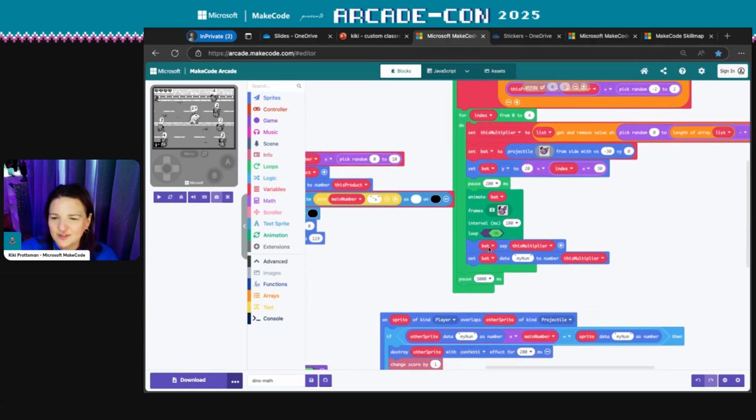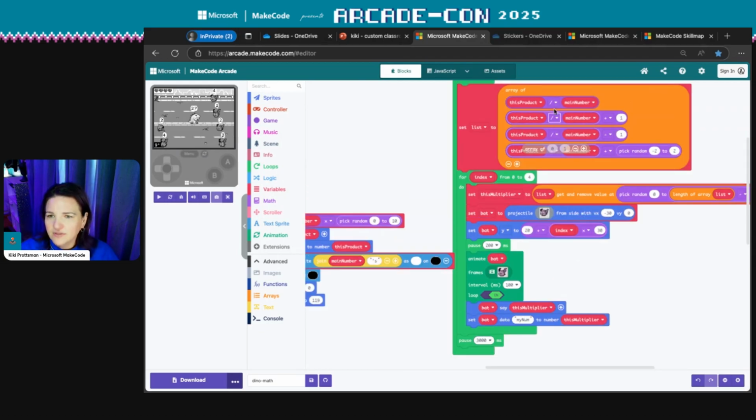And then I needed to be able to choose a multiplier, but not just any multiplier, right? I needed to make sure that the correct option was in there somewhere, or it would be a pretty bad game. So I just used random numbers. I used a list of numbers and I took the product over the dinosaur's head divided by whatever number we're using, which was 9.